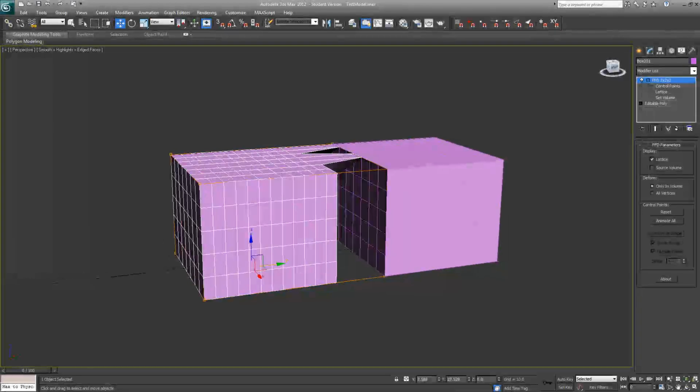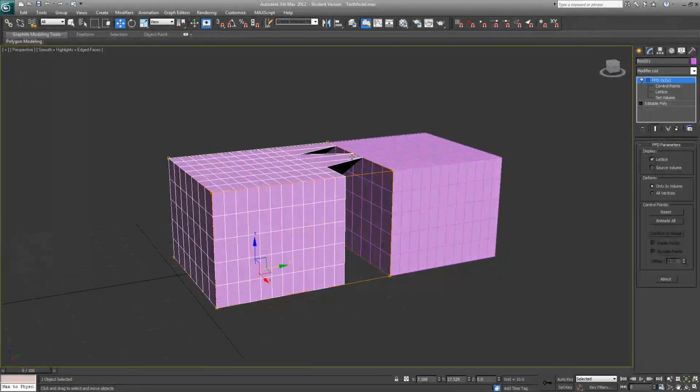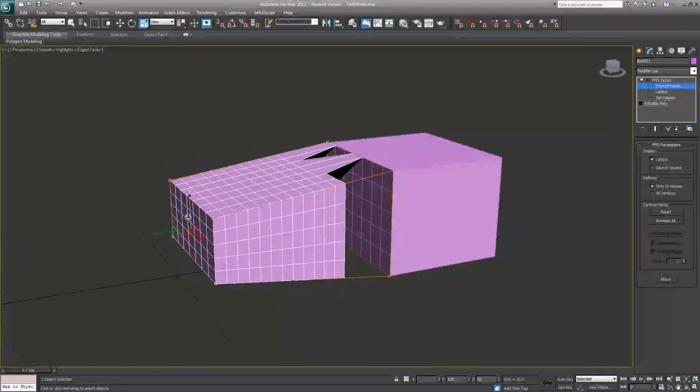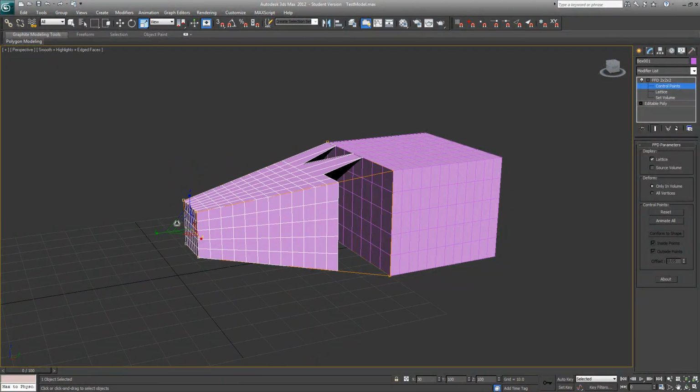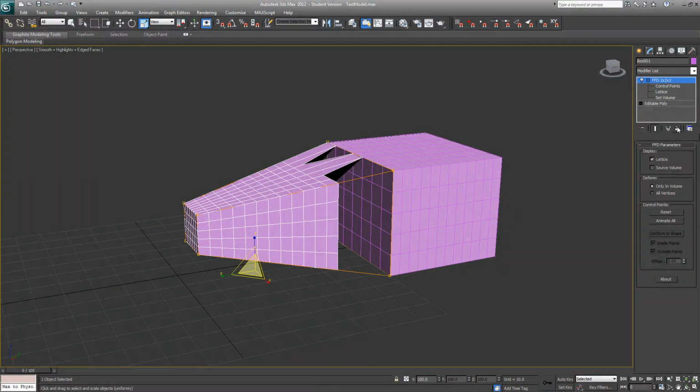And okay, so I have this FFD modifier. I have a lot of segments here. I grab the control points and I can scale, and it will do that over the entire model, the entire shape at least. And that would be hard to do any other way. That's a real handy one. So